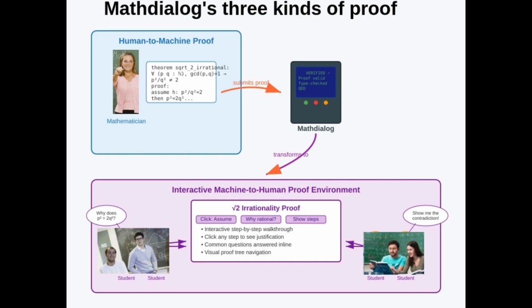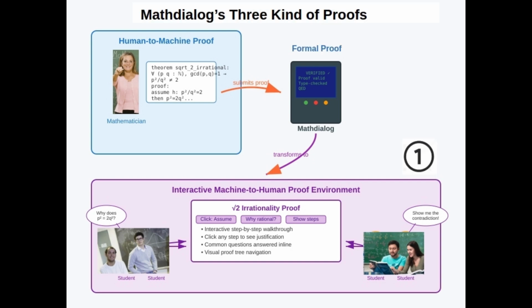users to find answers to typical proof questions such as: what is the definition of this predicate? Where does the justification for this hypothesis come from? What is the justification for this step? What does the theorem that justifies that hypothesis state? And what is the definition of this term? The proofs in this format are called machine-to-human proofs, and they are the kind you can consult right now at